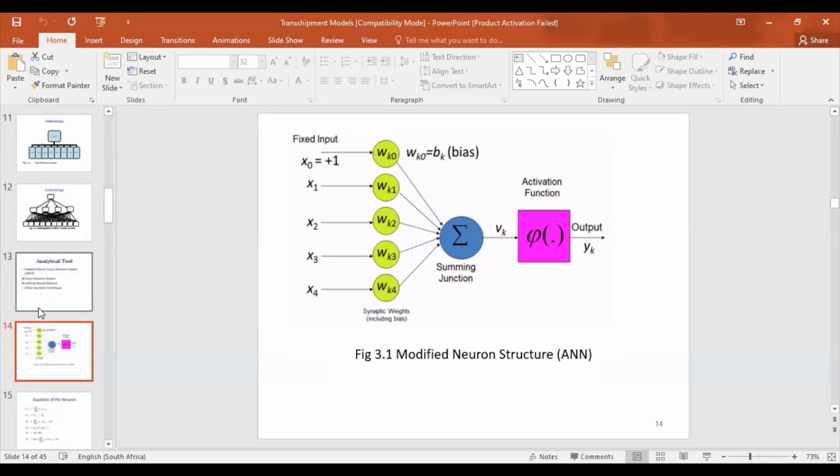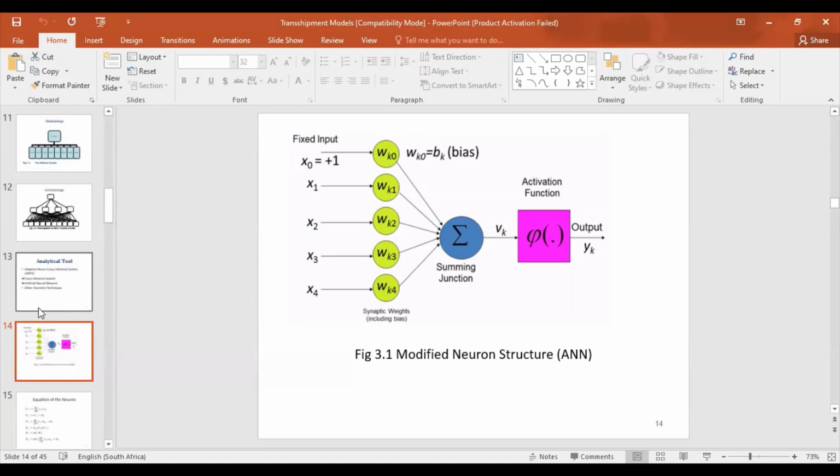Now look at the modified neuron structure. This system shows how the ANN is patterned in such a way that information can flow from an external source through some nodes, and it goes straight to the summing junction. That's like a controller. At the summing junction, there's a kind of synaptic weight that decides the information that flows into the system and the ones that should be repelled. So if the information going into the system is okay, then it can be accepted at the synaptic weight. At the summing junction, the controller system accepts good information and rejects the bad ones. And it goes through the activation function to the output signal.